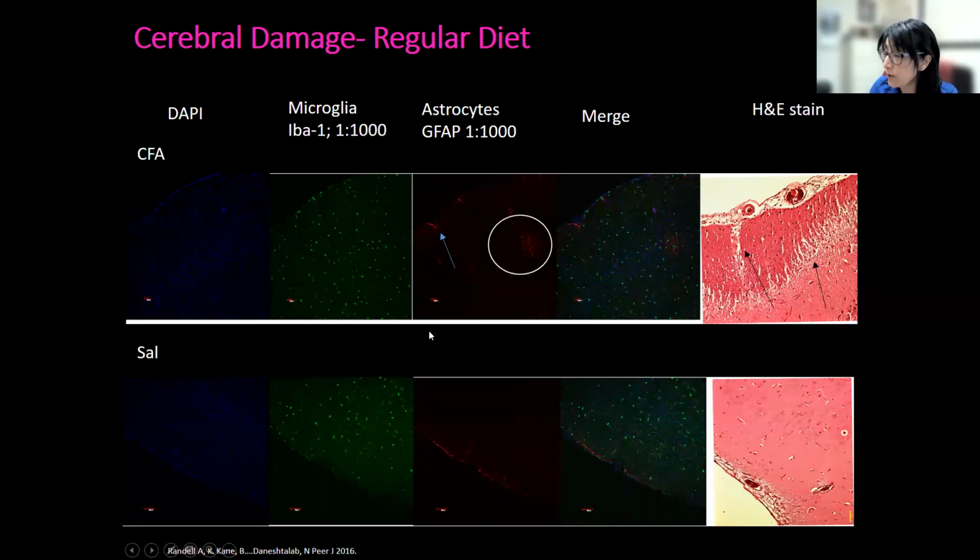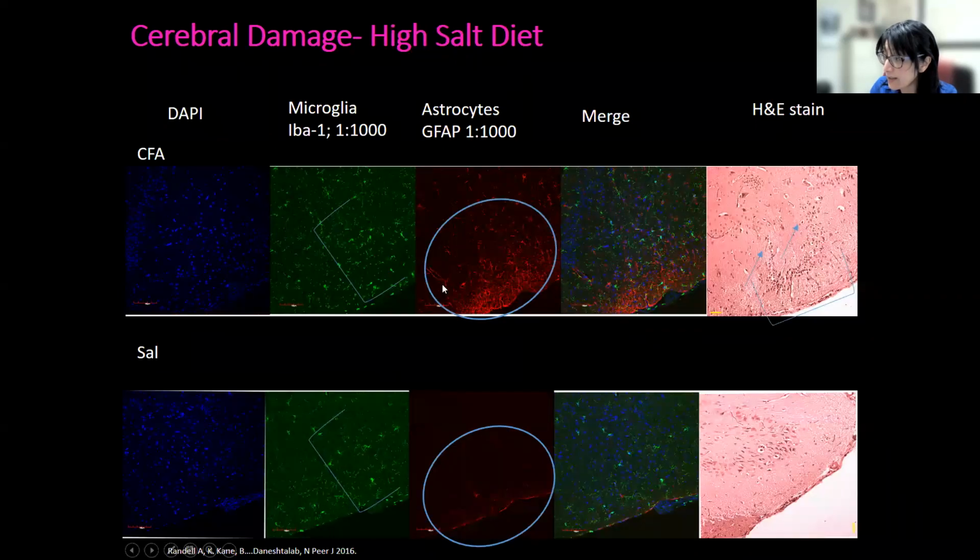We saw that with the regular diet, we don't see too much activation of the microglia, some activation and some indication of astrogliosis. And our H&E stains are showing that there's aspects of cell vacuolations and cell edema and neurodegeneration, but not that significant with our monoarthritic animals, compared to our saline animals, in which we don't see too much signs of activation of microglia or astrogliosis, and definitely no signs in terms of tissue damage in our H&E stains with the regular diet. But there is some indications of it. But what's interesting is that if the animals were on a high salt diet, there was a significant increase of astrogliosis when they were actually given a systemic inflammatory insult